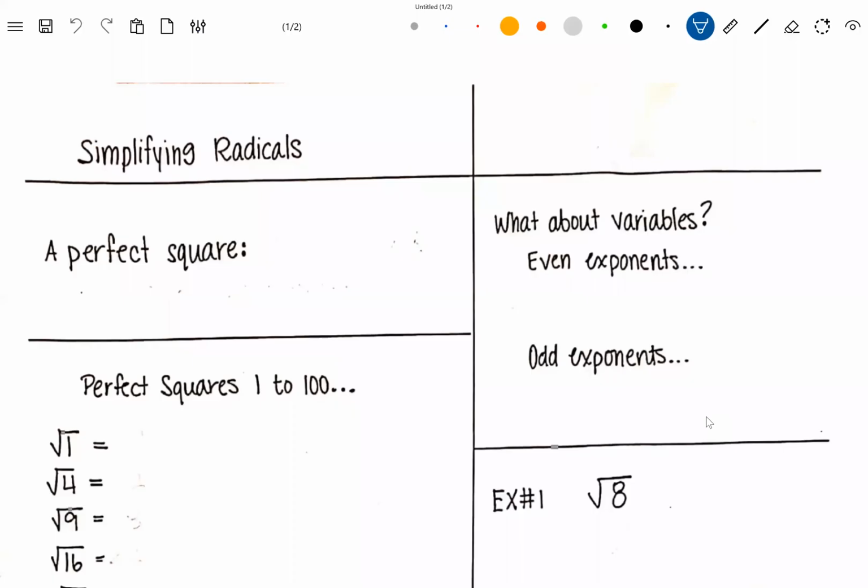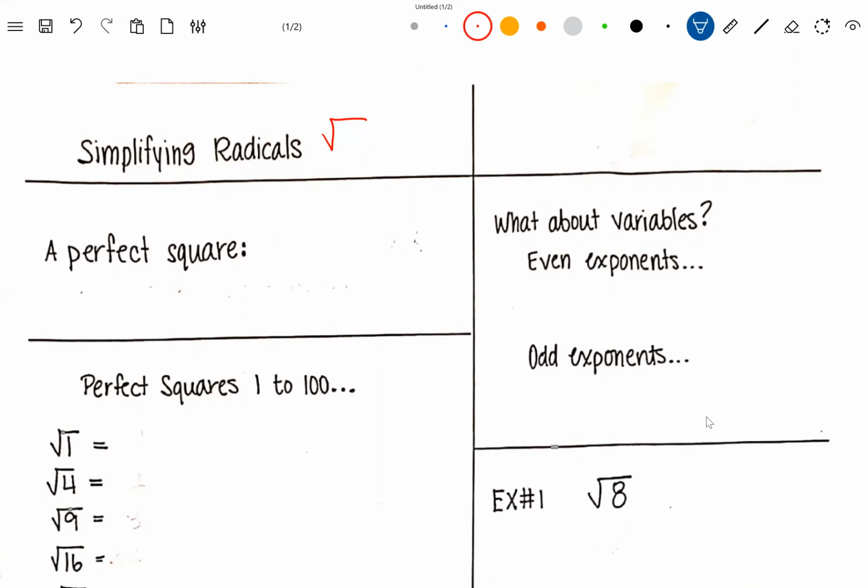Okay, so radicals. A radical is literally this symbol here. If there's not a number written up there, it's an understood 2, which would be a square root. That number tells how many identical factors you're looking for. So if this was a 3, you would be looking for 3 identical factors, but we're talking about square roots